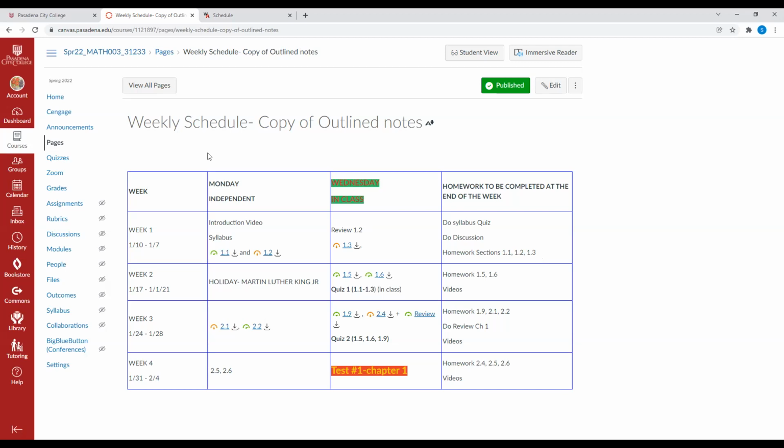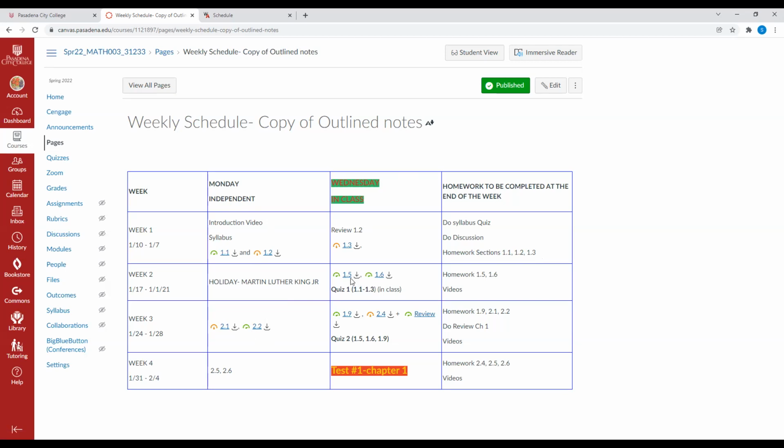When we move on into week 2, you can see that we will have our first holiday, Martin Luther King. There are no independent videos. It's a day off. But if you need to catch up, you can see any videos from the previous week, or you can also see the new videos over here. However, you will still be missing what we're going to go over in class.